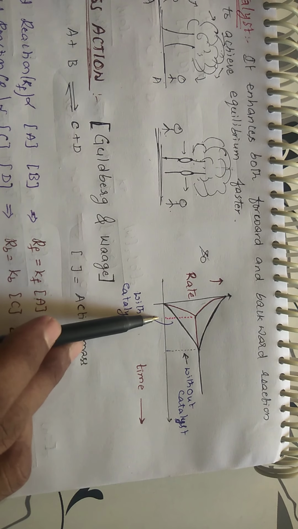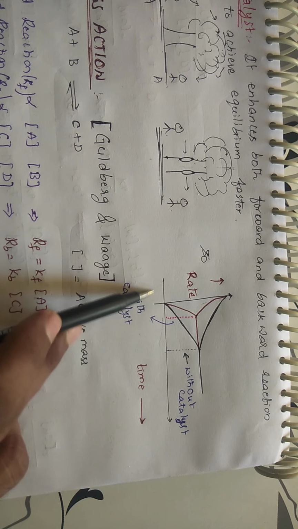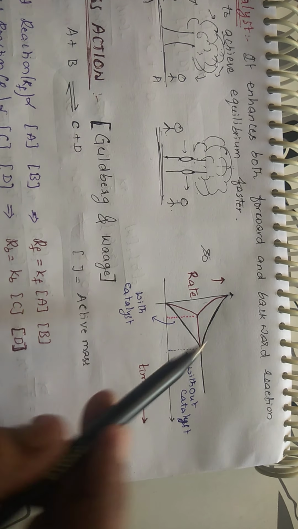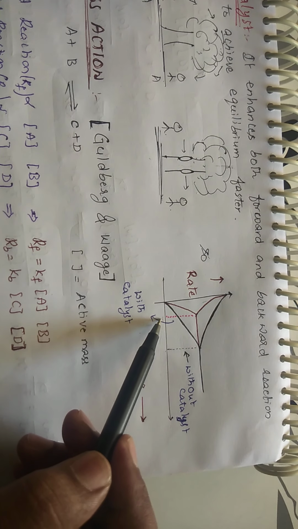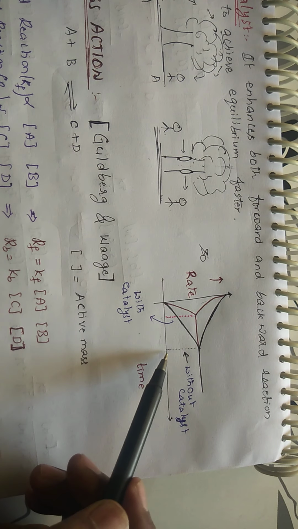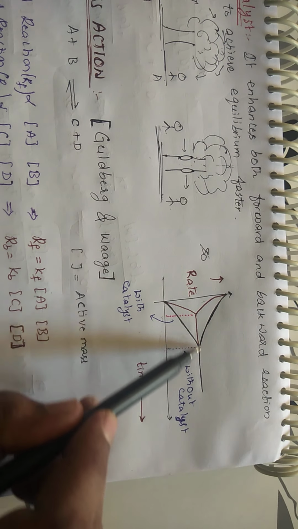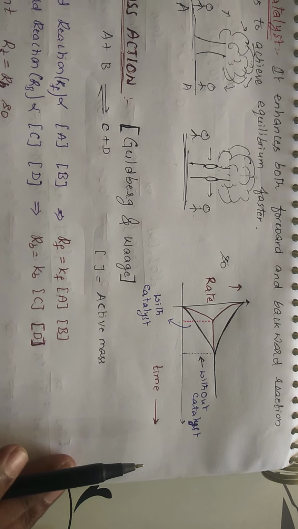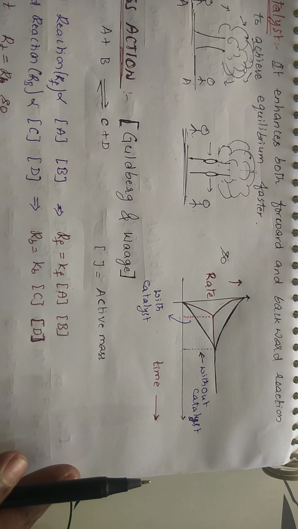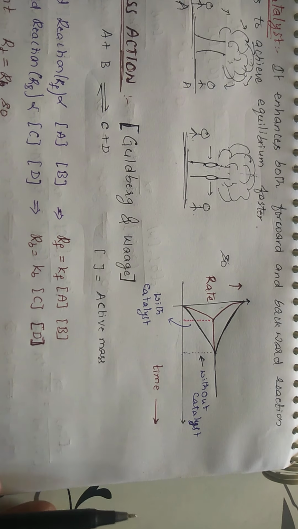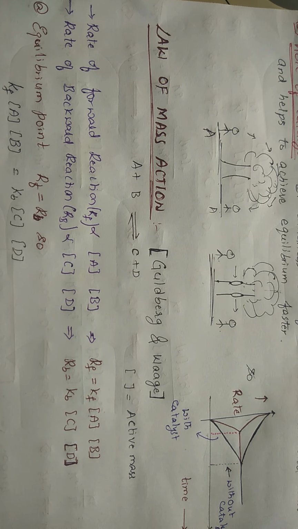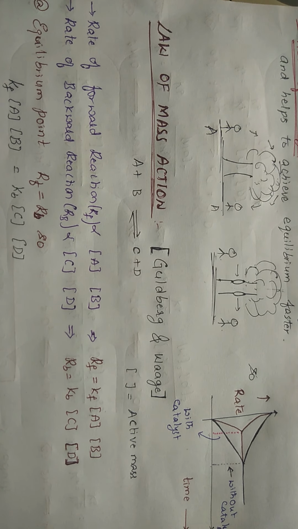See, the time here is very less. If you go from here to here, going in this direction, the time goes on increasing. So we have attained equilibrium in less time here and more time there, but the equilibrium point is the same. If you use a catalyst, the equilibrium is attained very fast, but the equilibrium point is not changed. Without a catalyst, it will be somewhat late. Right, students? And these are the characteristics of the equilibrium point.